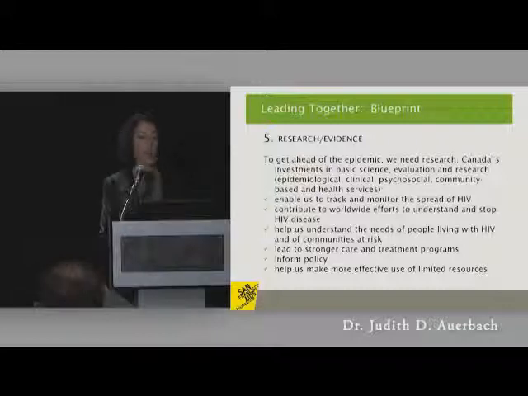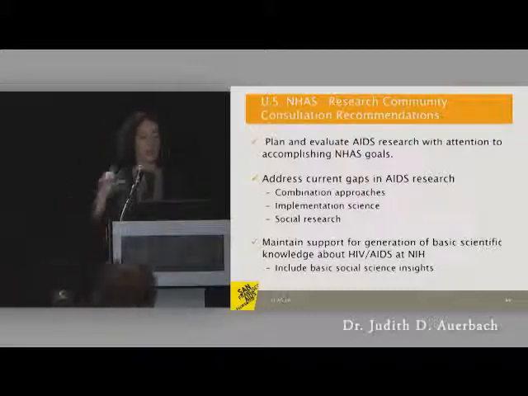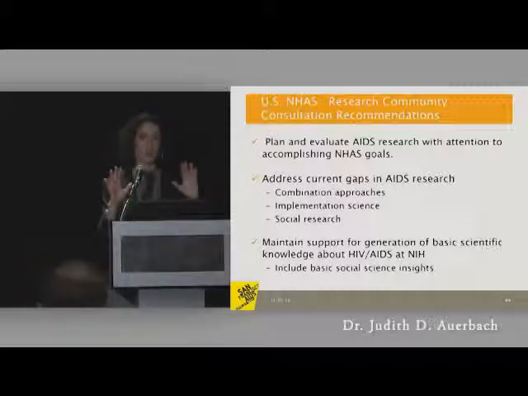In the U.S., we didn't have an explicit goal around research, and so what we did was, a number of advocates who were behind the whole development of the National AIDS Strategy brought together a number of researchers in an external consultation and said, help us define what ought to be the approach and the priorities for research as it relates to the national strategy, and then we fed those recommendations to the White House. So research is there, but it's kind of underlying our strategy without explicitly being mentioned in the main document.